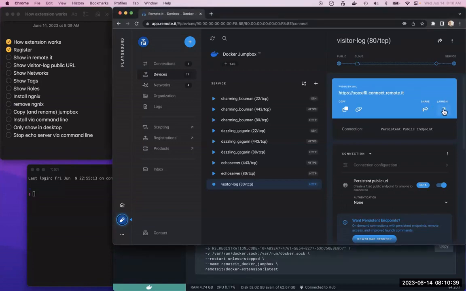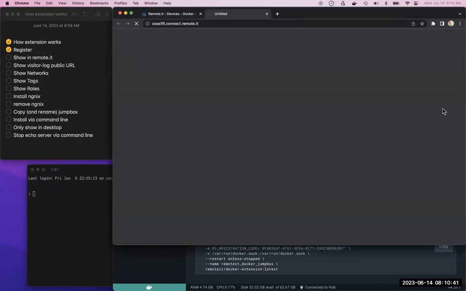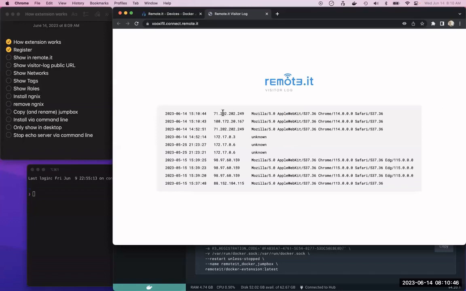And then if we launch that or connect to it, you'll see it's just a little visitor log, and it tracks the different addresses of people that have connected to it, just the referer addresses. So that's kind of cool. That's a very easy way if you need to share some little web thing directly outside to the world. Let's see. So then,